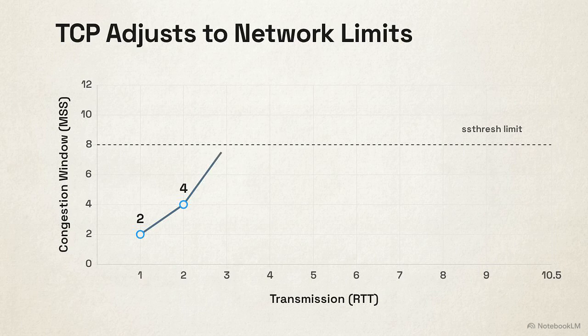Here, a state transition occurs. The window has reached the slow start threshold limit of 8. This transition is necessary because exponential growth is too aggressive to maintain once the sender reaches its known safe capacity limit. For transmission 4, the algorithm shifts into the second state phase, congestion avoidance. In congestion avoidance, the growth rule shifts to linear. The congestion window now increases by only 1 segment per round trip time, probing the remaining network bandwidth cautiously.